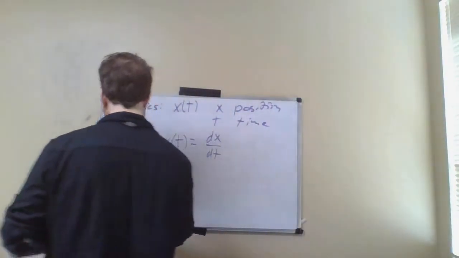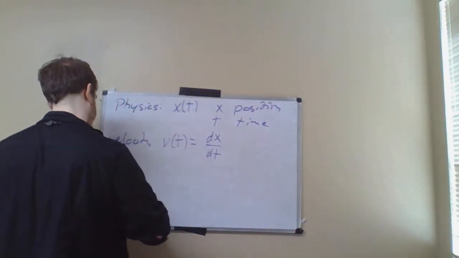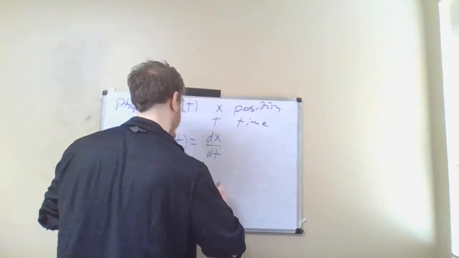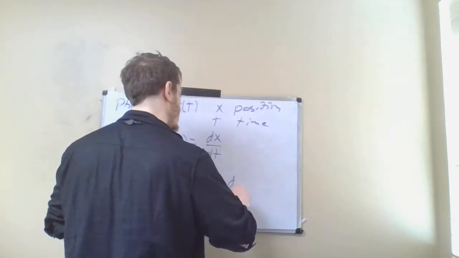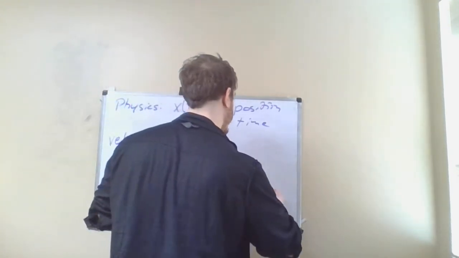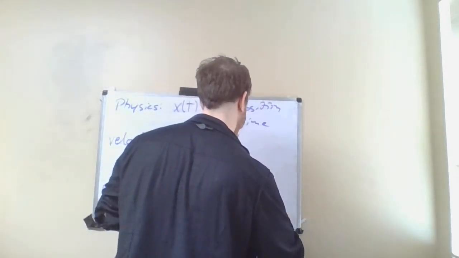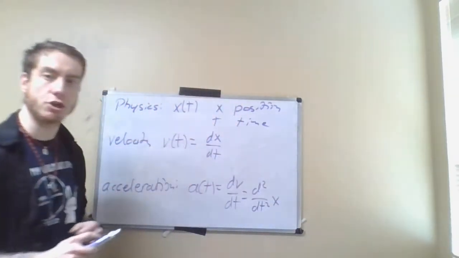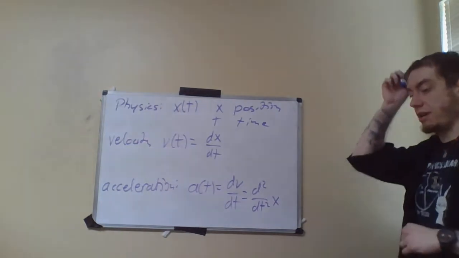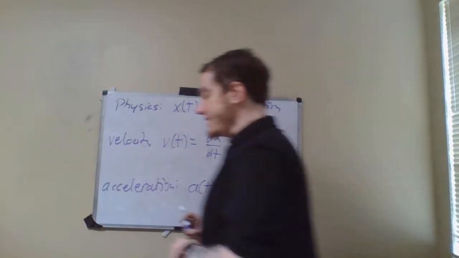And the acceleration a of t, well, that's going to be the derivative of velocity with respect to time, which is actually the second derivative with respect to time of my position function. So this is rather interesting here. What it tells me is that